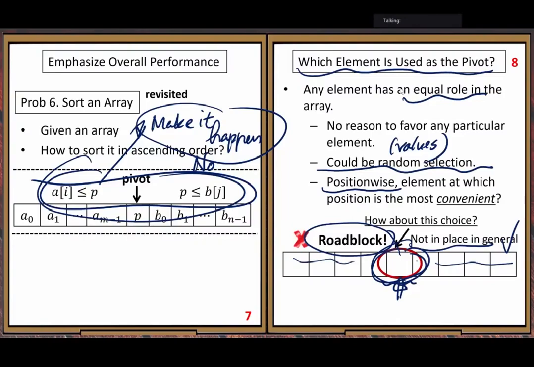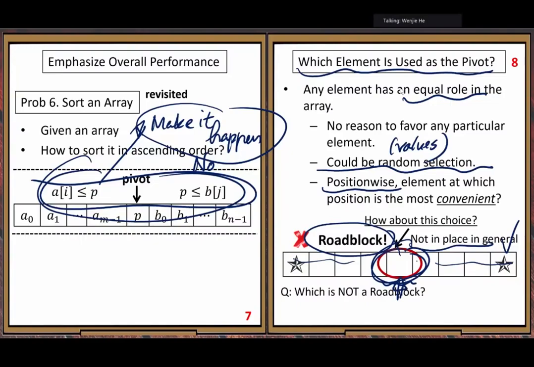In this array, there are two special positions, the first position and the last position, because only these two positions won't block moving other elements. No blocking effect.